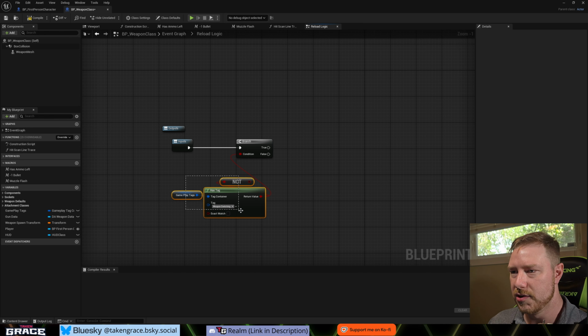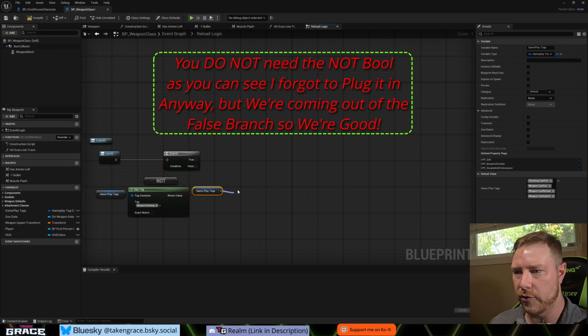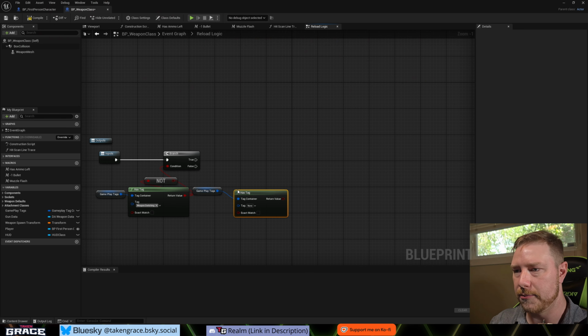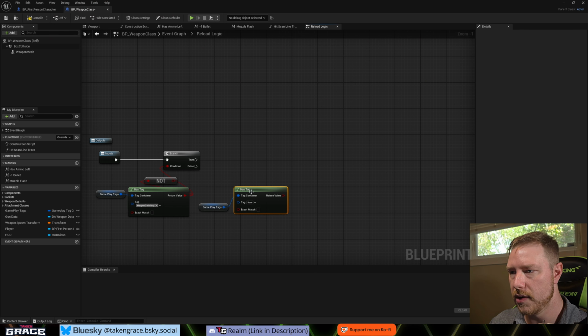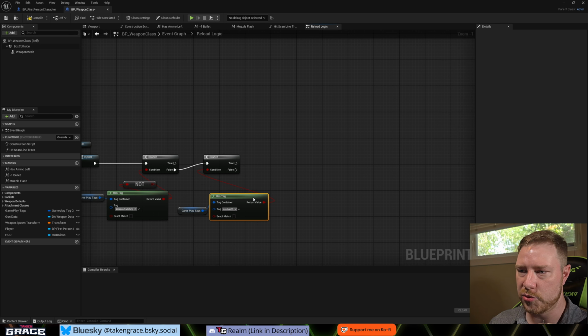Okay, perfect, that's good. And one more gameplay tag we need to check is if we're aiming down sight. So we're going to get has tag, and we're going to drag out of here and get a branch. So, weapon switching false, and the tag we want in here is ADS. Okay, we don't have the function we need yet